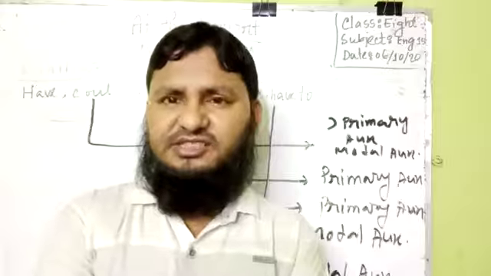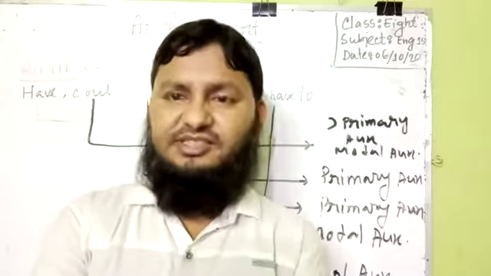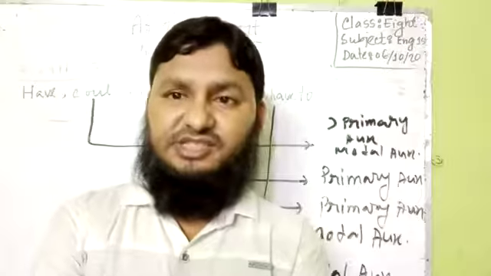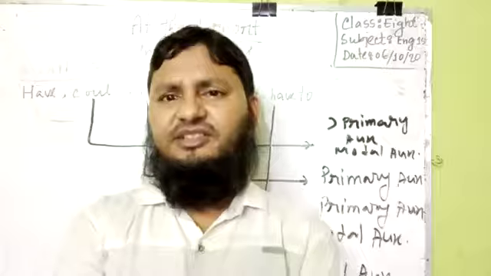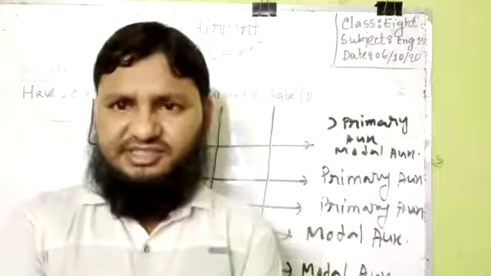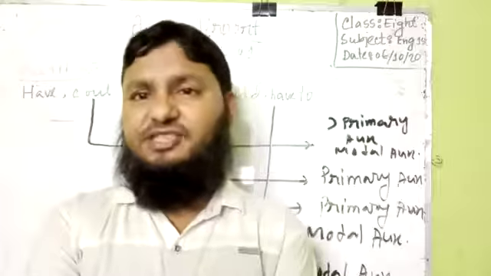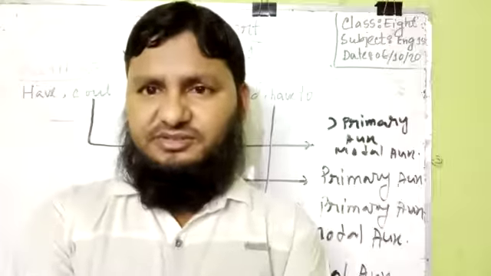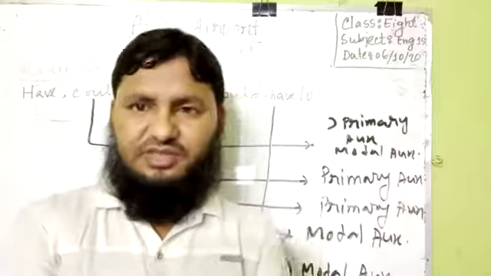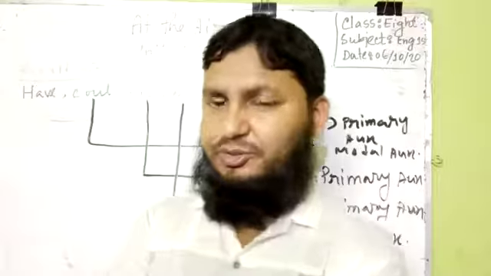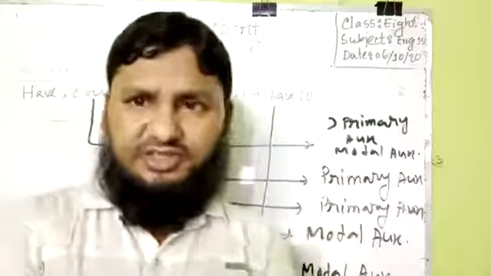If I say a sentence, he is doing the work, in this sentence is has been used as an auxiliary. But in another sentence, he is a teacher, is is a principal verb, because here it has been used as a verb, so is is called primary auxiliary. I hope that we have understood which words are primary auxiliary and which words are modal auxiliary.